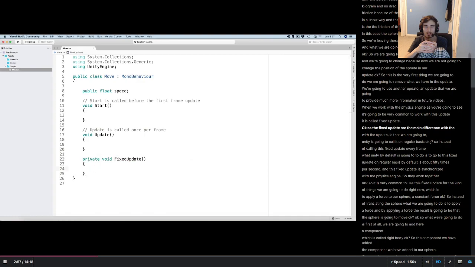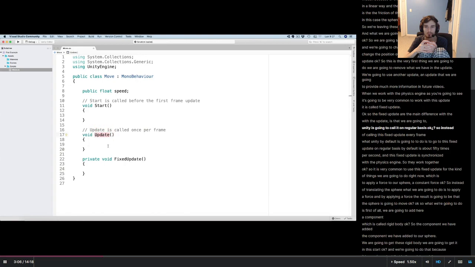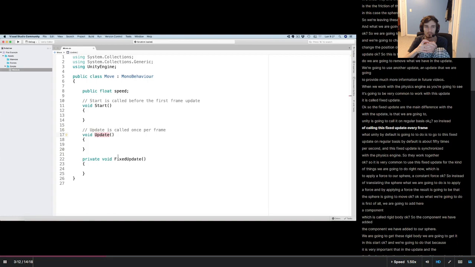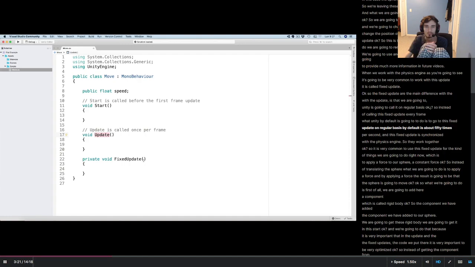Okay, so the fixed update, the main difference with the update is that Unity is going to call it on a regular basis. So instead of calling this fixed update every frame, what Unity by default is going to do is to call this fixed update on a regular basis. By default is